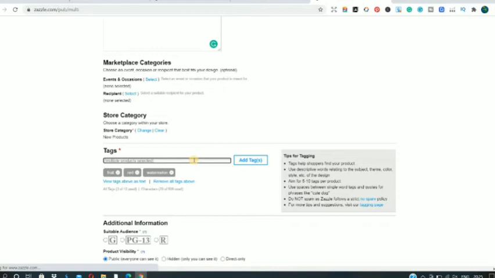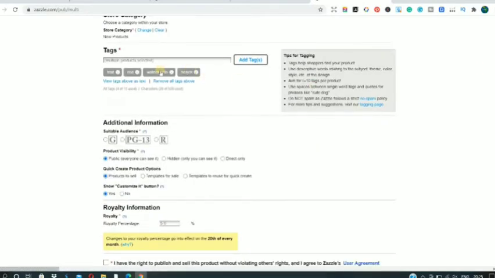Then since it's a fruit, I can also write sea, like, no, beach, because I hope watermelon is related to the beach, something like drinking the juice or something like that. You can use whatever tag you want to, guys. 10 tags you can put over here. I've just used random tags, guys, which are related to my design. It's not any irrelevant one, so don't spam it.